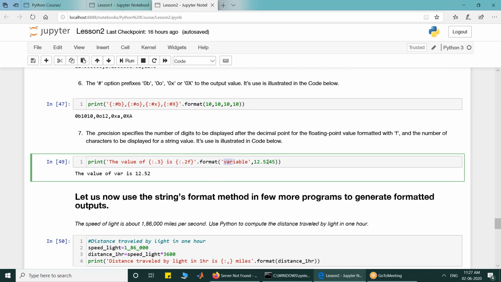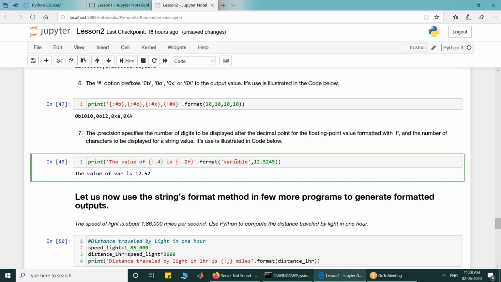And .2 says that only 2 digits after the decimal will be placed. So now it is 0.52. Since 0.45 is there, which is less than 0.5, when I round it, it will be rounded to 0.52. So the output will be, the value of variable is 12.52.